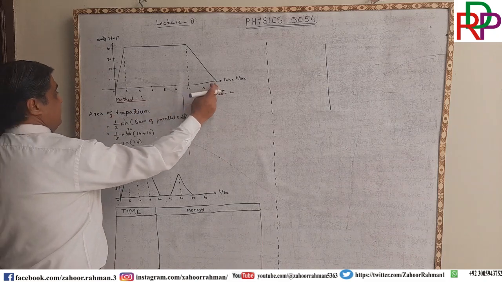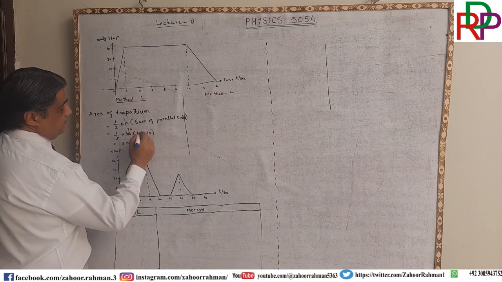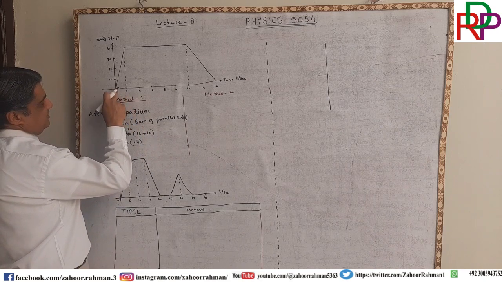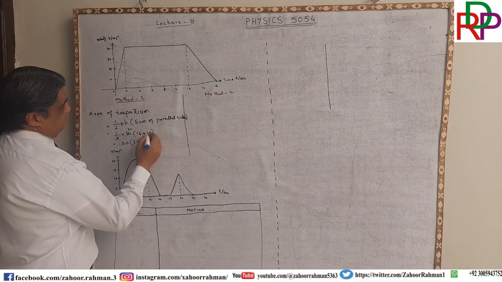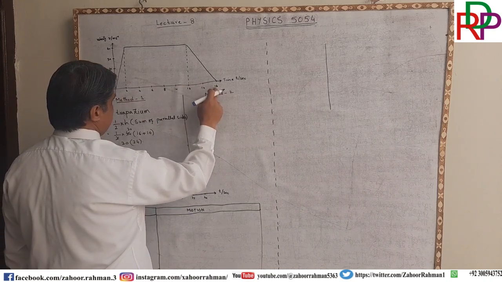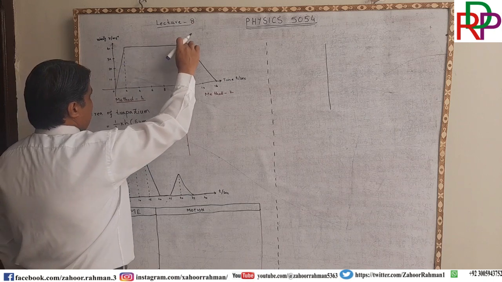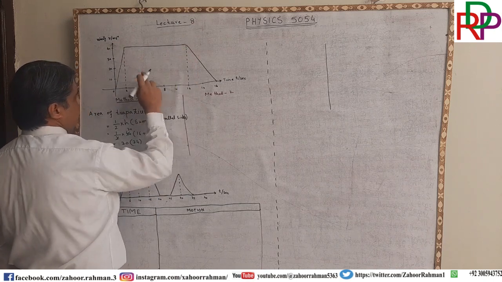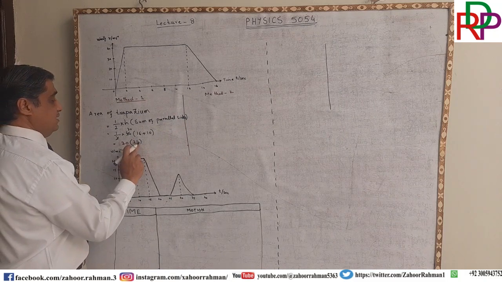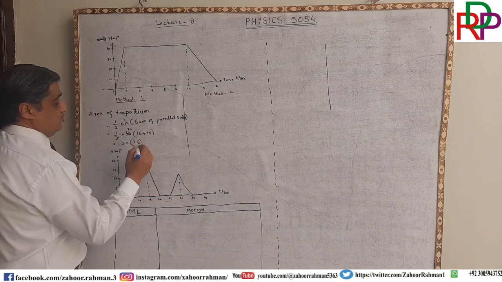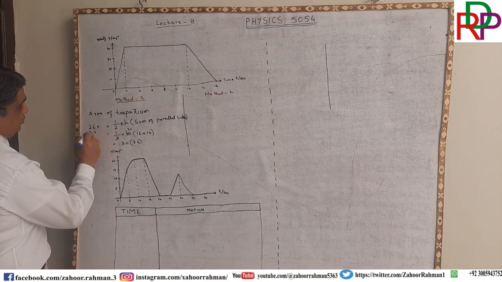Because this line is 16 from here, it is 16 not 14. It is not starting from here, it is starting from the origin as asked by the question. So 16 minus 0 is 16, and for this line, because these are the two parallel lines, the length is from 2 till 12. When we subtract 2 from 12, we get 10. So this will be equal to 26 and 20. When we multiply 26 by 20,